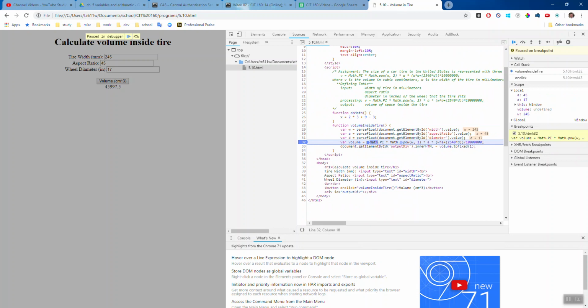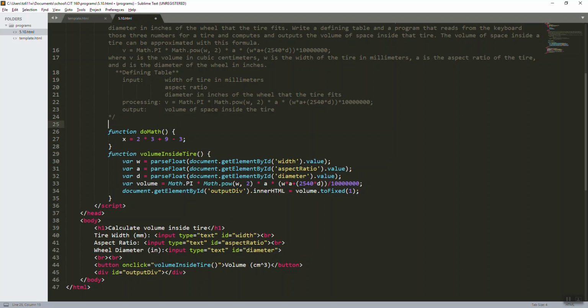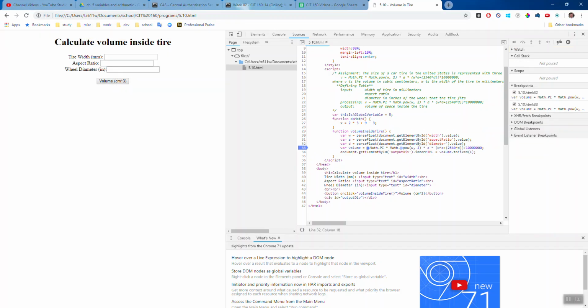Okay. It shows those errors. You can use the debugger to step through it. You can see over here, it also shows different local variables that we have. What a global variable means is a variable that's defined outside of a function. So for example, if I had var thisIsAGlobalVariable equals 5, and I refresh this page,